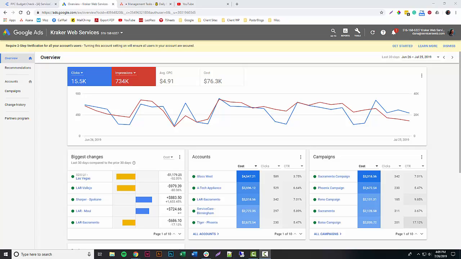This video goes over how to pause and how to enable campaigns in AdWords. So when you log into AdWords, you're going to see this dashboard here. This covers all of our campaigns, all of our accounts, everything. What you want to do to pause or enable is go into this campaigns tab on the left here, and